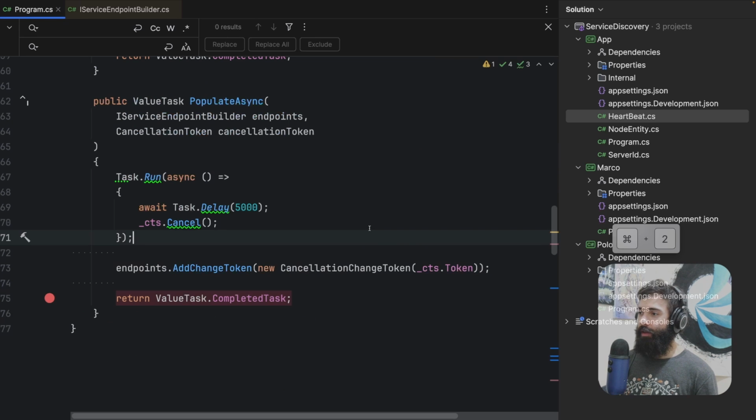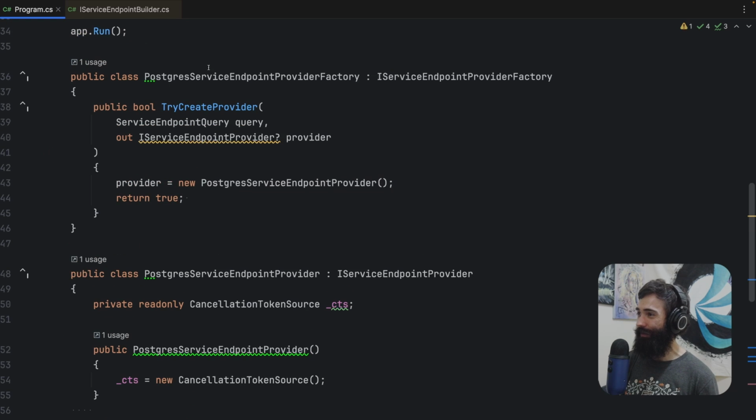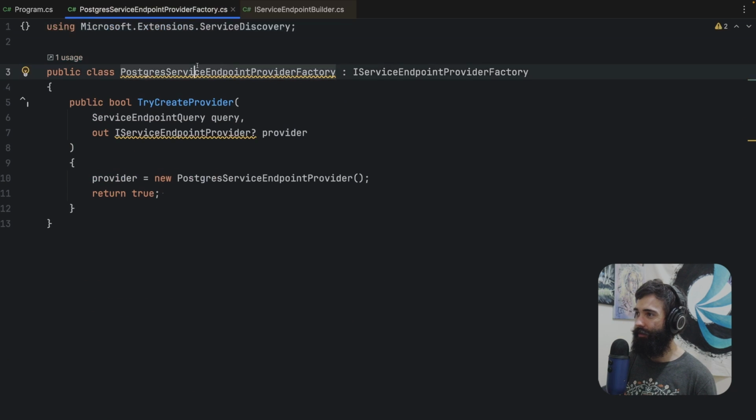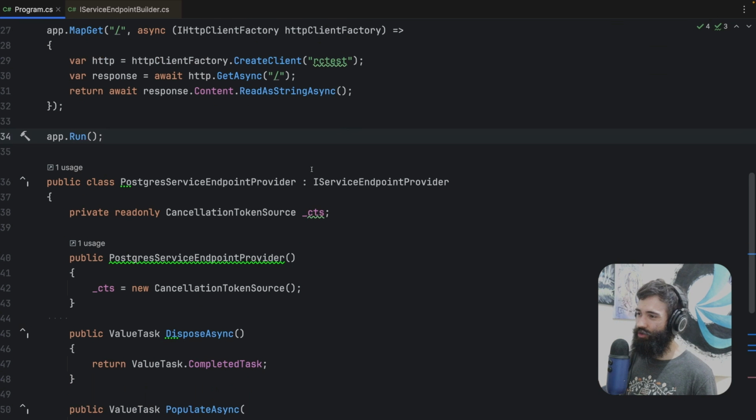So now that we know that, I got all sorts of windows open there. But anyway, the endpoint factory, let's move that into its own file because we don't really need to do too much over there. Actually, I can move